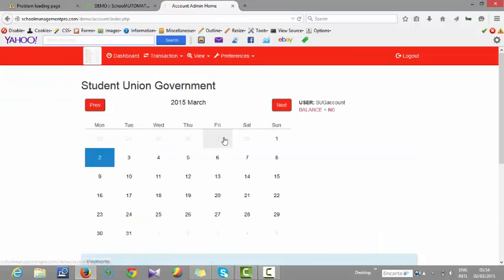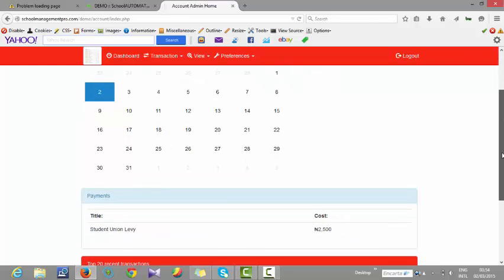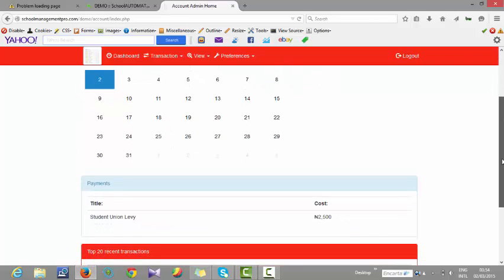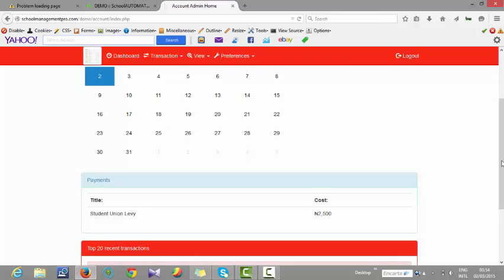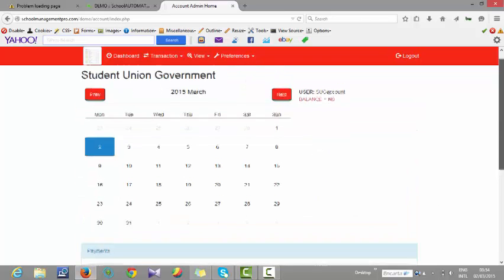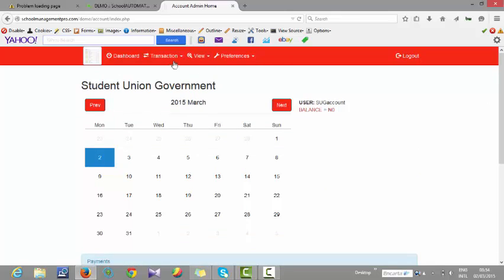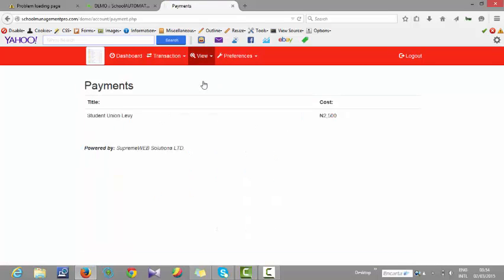Save this on the account admin. I have my user SUG account balance, nothing is there yet. So on the dashboard I can just see payment summary. I have levy, student union levy, payment to 5. We don't have any record yet, so under it you can get to learn about transactions, you can get to learn about payments that have been done. Under it you can also get to see payments. No record yet. Student levy